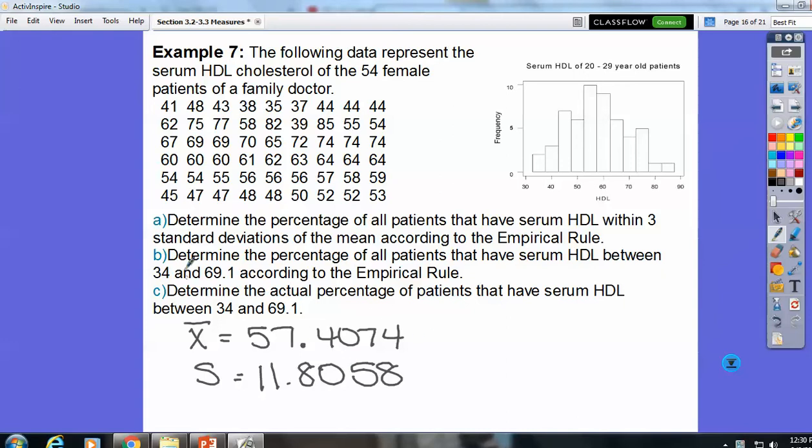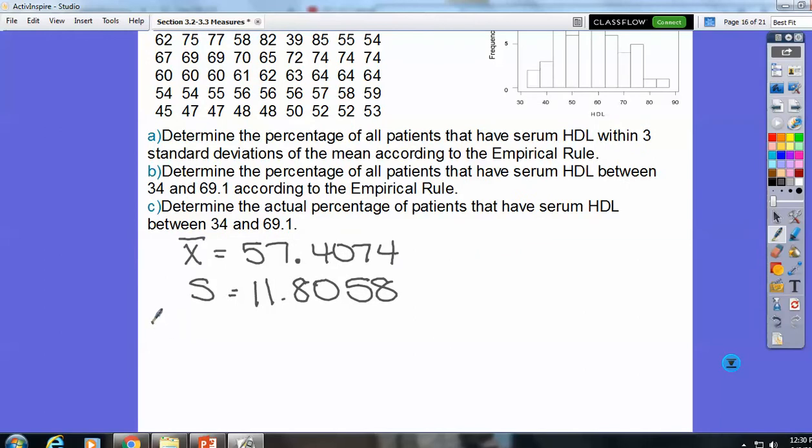So, part B says determine the percentage of all patients that have an HDL between 34 and 69.1 according to the empirical rule. The empirical rule tells us how many standard deviations from the mean we are. So we need to figure out how far these values are from the mean. So if you did your mean minus 34, we get